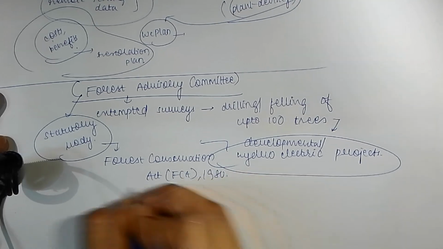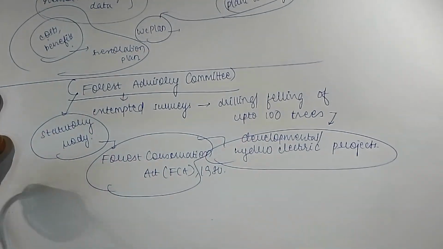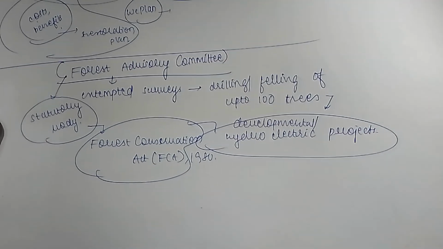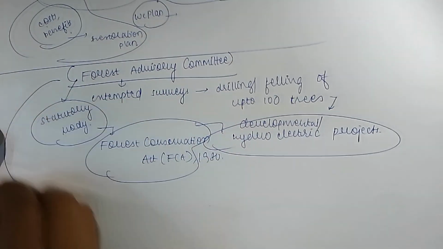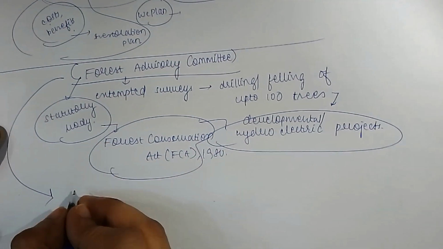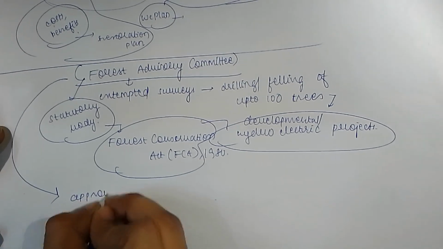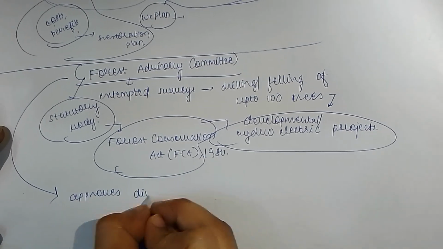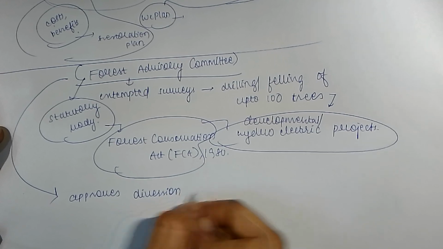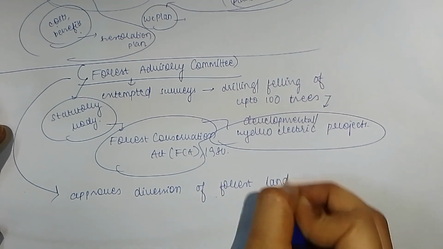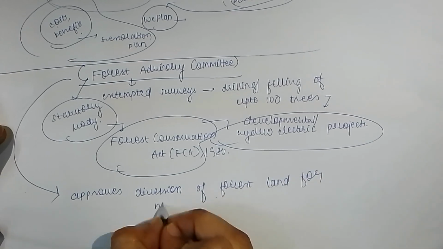Okay, so when you say Forest Conservation Act, one more thing is that it approves diversion of forest land for non-forest purposes. Okay,